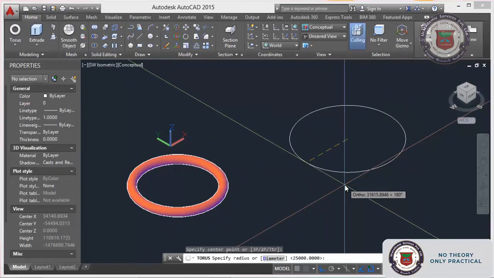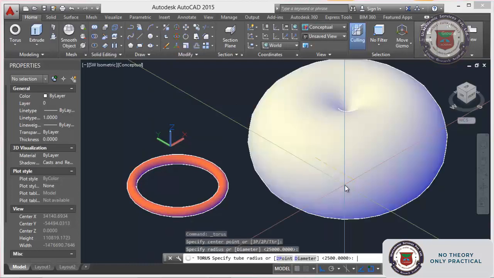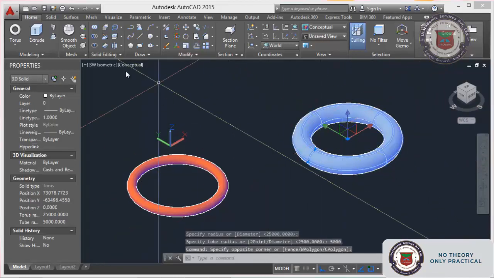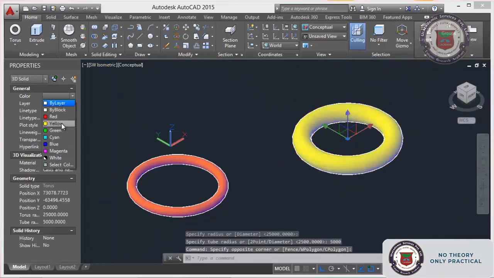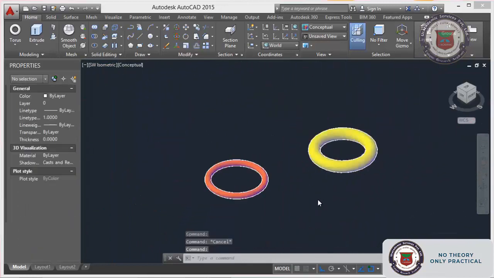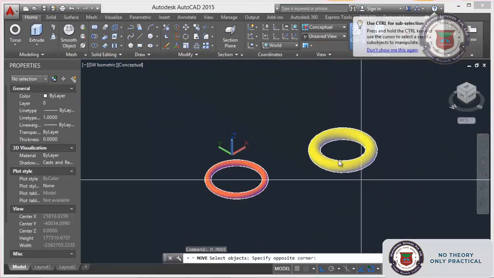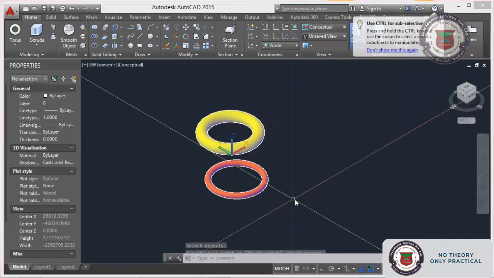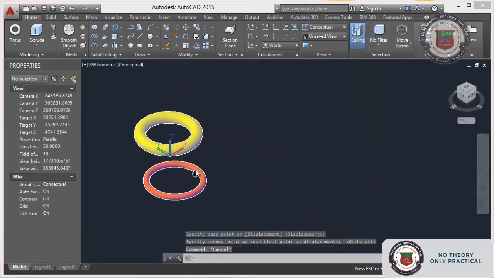Give the same radius and give the 5 meter tube radius. See the difference between both. Okay, now we have made the torus. Just place it in this location. Okay, next